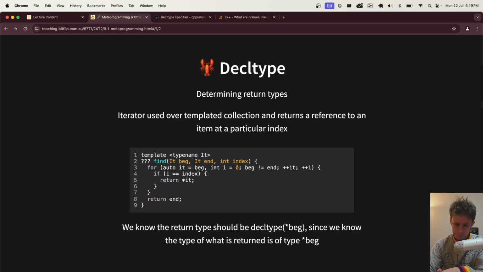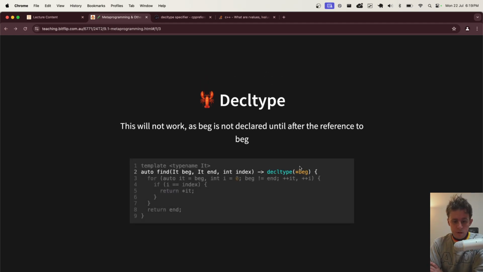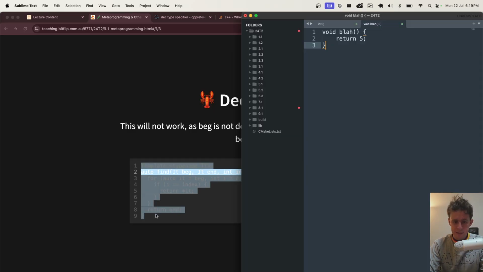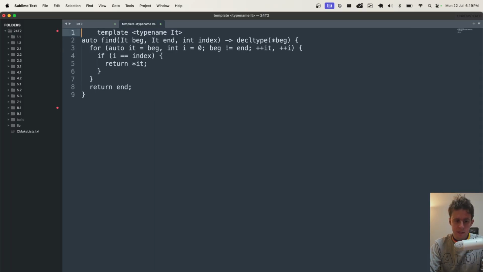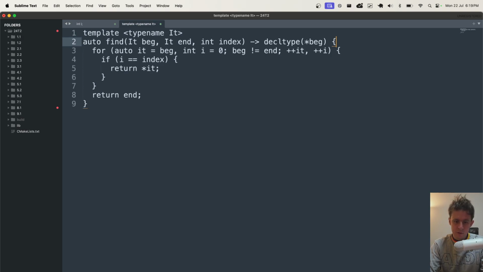Yeah, you're right. Yeah, here, that one should be a comma. So what we do is, this is using the new function syntax, but obviously we could go and write this the other way if we wanted to, right? So if you think about this particular piece of code, you could write it like this, or alternatively, you could do the old C style thing and say, yeah, decltype begin.